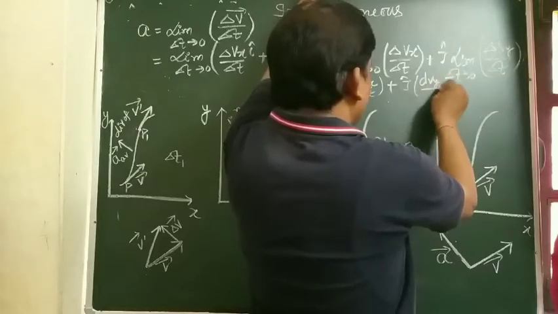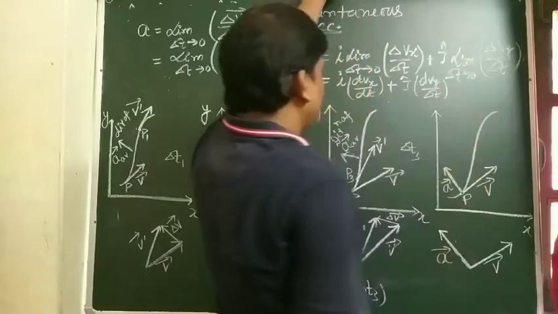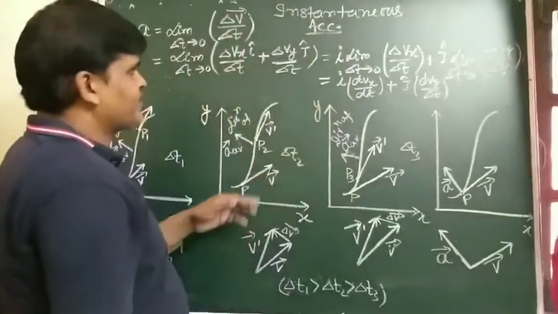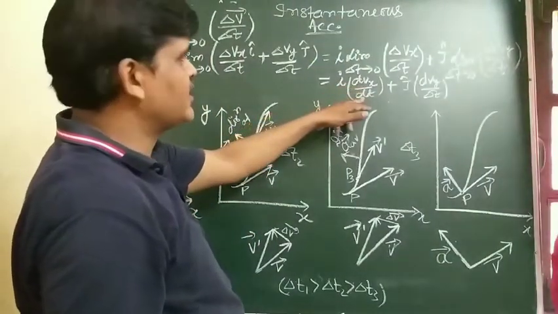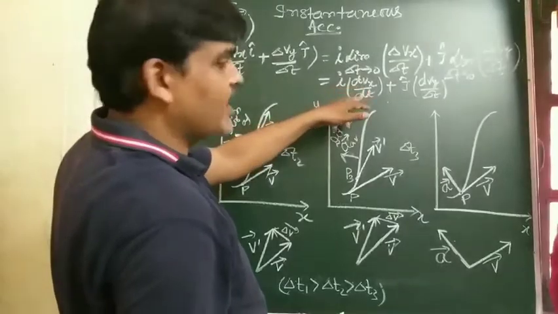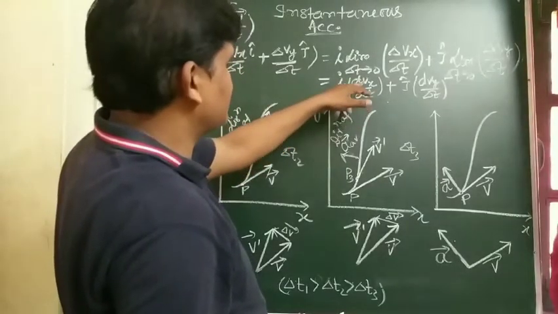And you know that dvx by dt is the instantaneous acceleration along the x-axis,